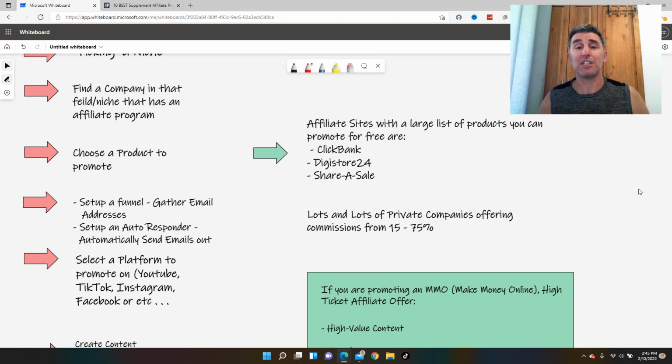Pinterest is a little funky to use. You have to kind of pay for ads just to get it out there. It's kind of a crappy setup, but you can make good money using Pinterest. But these are three big ones that people use that have a large list of affiliate products. I use ClickBank and Digistore24. Actually, I use all three of them for different avenues, side stuff.